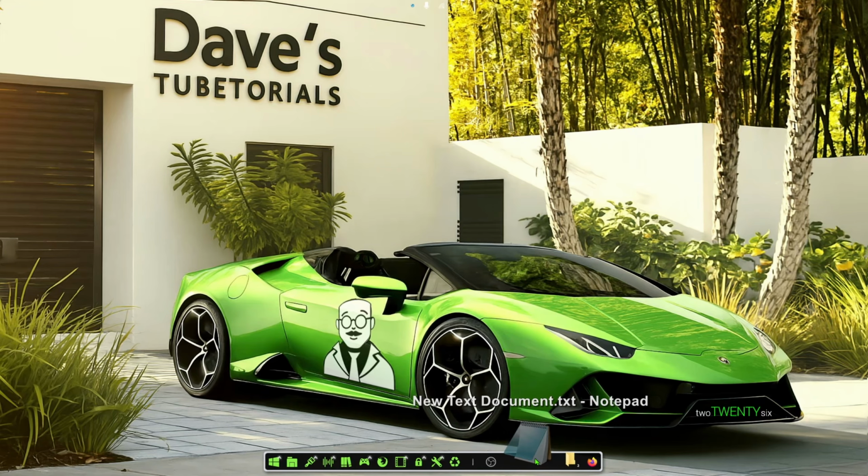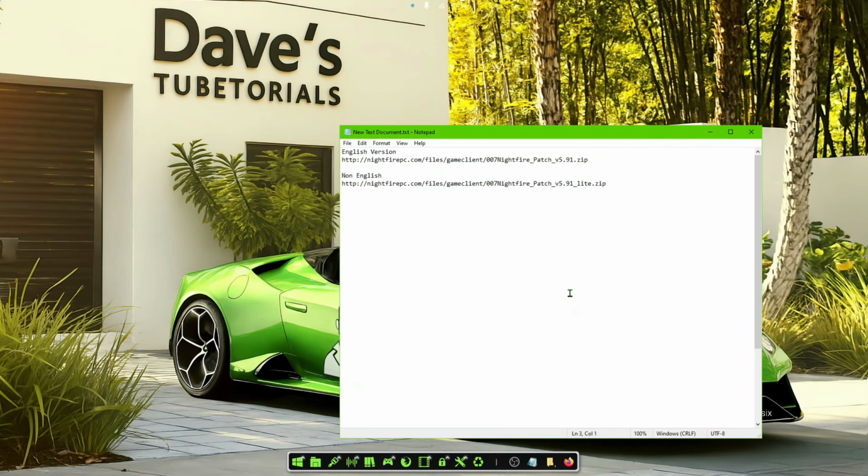The other file I'm going to show you is going to be a direct link. I did that for a specific reason. So there is an English version of this one, the 5.91. It is listed as that one, but it is a newer version. So what you want to do is, if you have the English version of the game, copy this and paste it into your browser. If you have the non-English version, copy this link and paste that in your browser. I have the English version installed, so I'm just going to copy that,